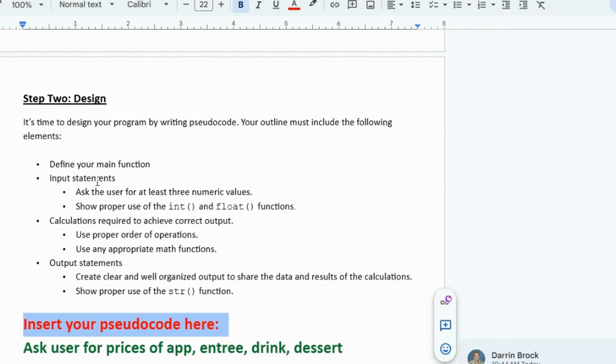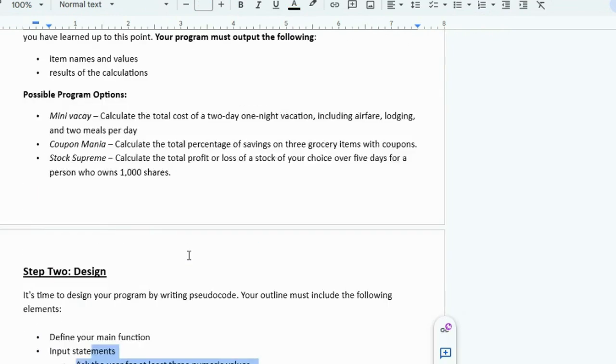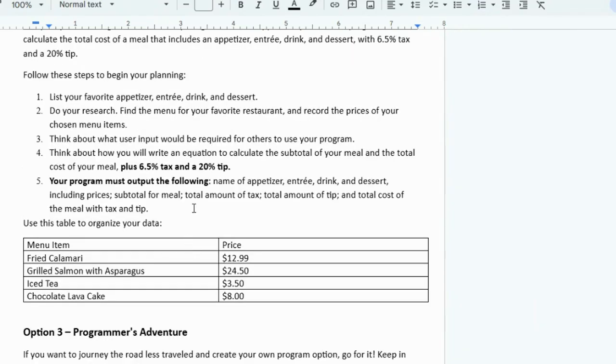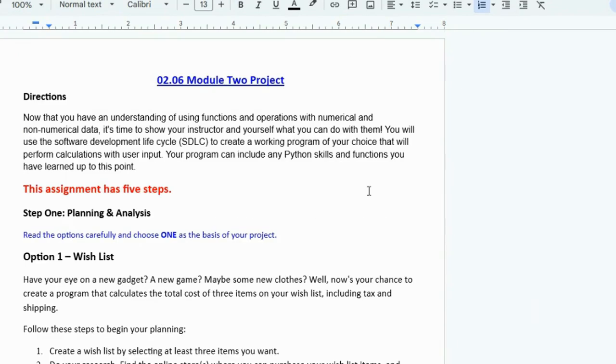Plus, it doesn't do what it's supposed to do. It doesn't do any of this stuff. Only thing it does is print some stuff. So I can give you a little bit of points. It does print things, but it doesn't calculate the things. It doesn't ask the user what the prices are. It's just some print statements. And our very, very first program of the year was just some print statements. So I know you know how to do print statements. This was supposed to be learning: are you doing calculations? Are you doing user input? Those are the things you should be adding for this program to show your skills in doing that. And we're not seeing that. So that was the first program.